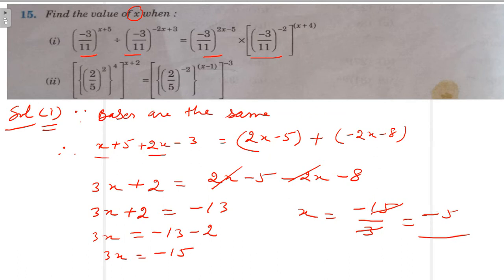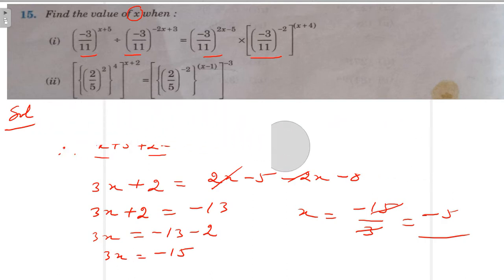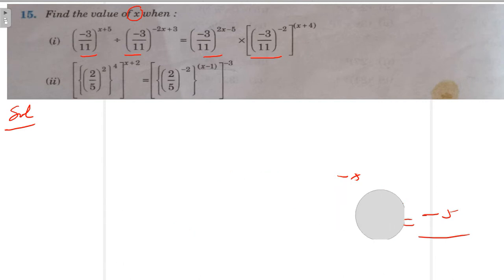Now I am going to rub this again for making some space for part second of question 15, solution second, right? So this is power of this, this is power of this, this is power of this, so all these are going to be multiplied. So here base is same, here base is same, so we can neglect the base, take the powers.